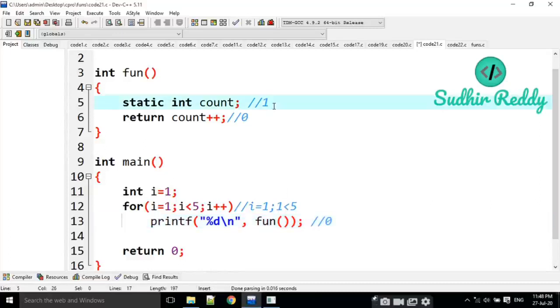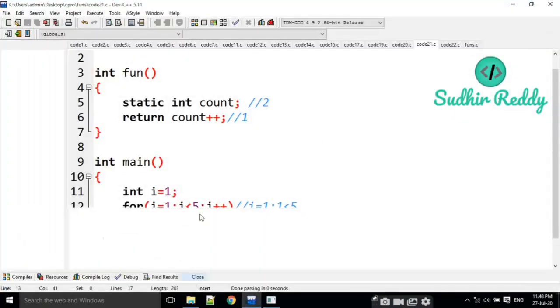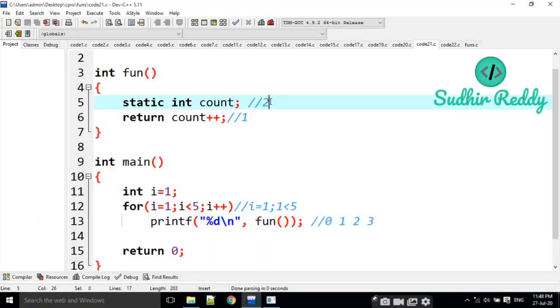It is going to print 0, 1, 2, 3. The default value of static variables is 0. If you are not mentioning any value, it automatically takes 0 as the value here.